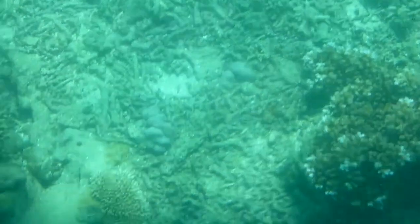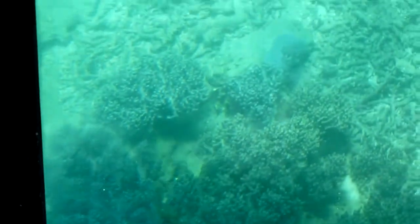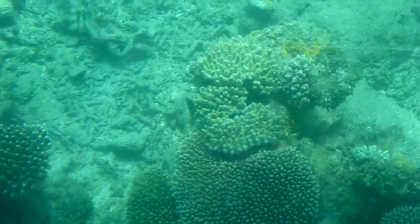There's a fan coral there with branches lined up across the current, and that maximises the number of plankton they can shoot. So all these corals, soft and hard corals, have stinging cells on them. Mostly these cells are not